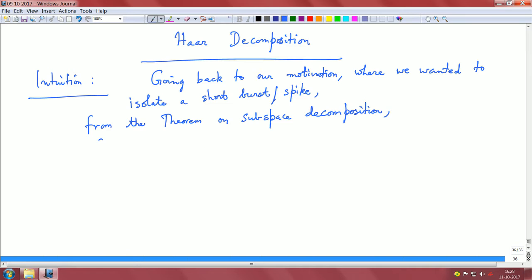We saw that Fj can be written as F naught plus some W